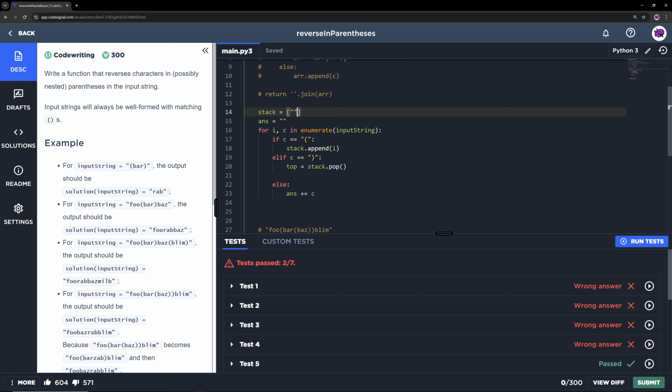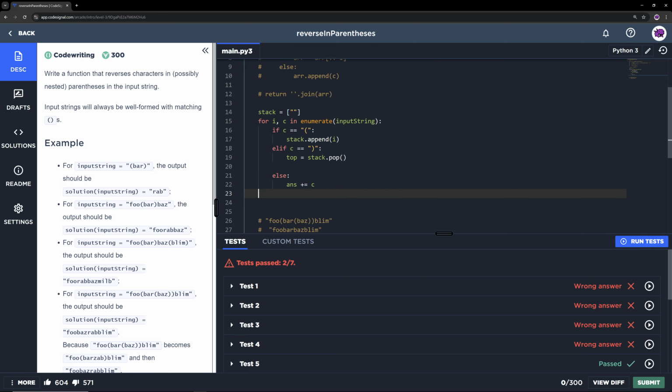Okay, this might just work. Let's just assume the stack has the empty string, right? And then instead of answer, we're just gonna add it to the top of the stack. Basically, stack. Does that work? Let me see. Yeah, I think that should work. Stack of -1, that's the top, plus equal C. Okay, so that's gonna be the stack, and then